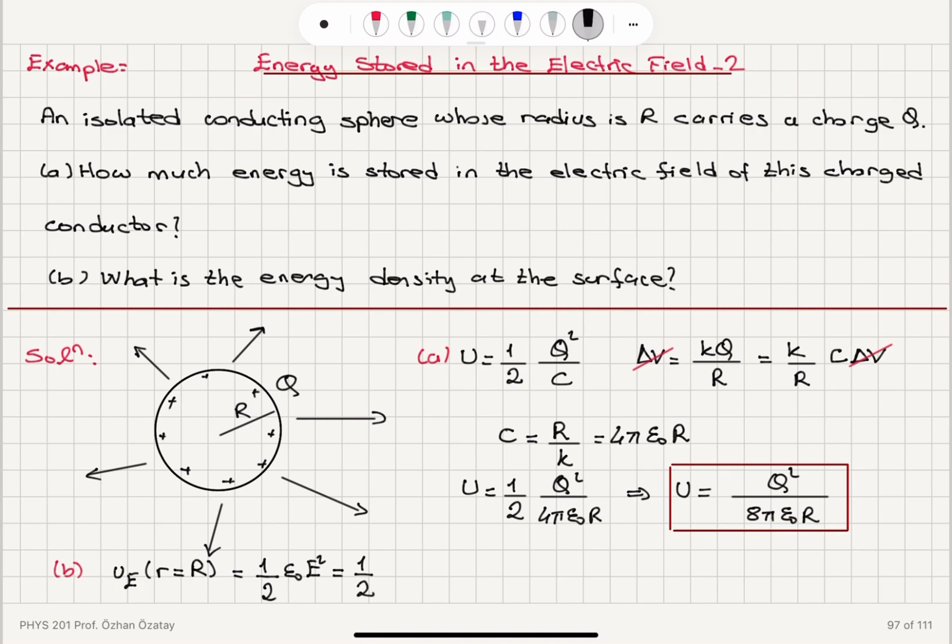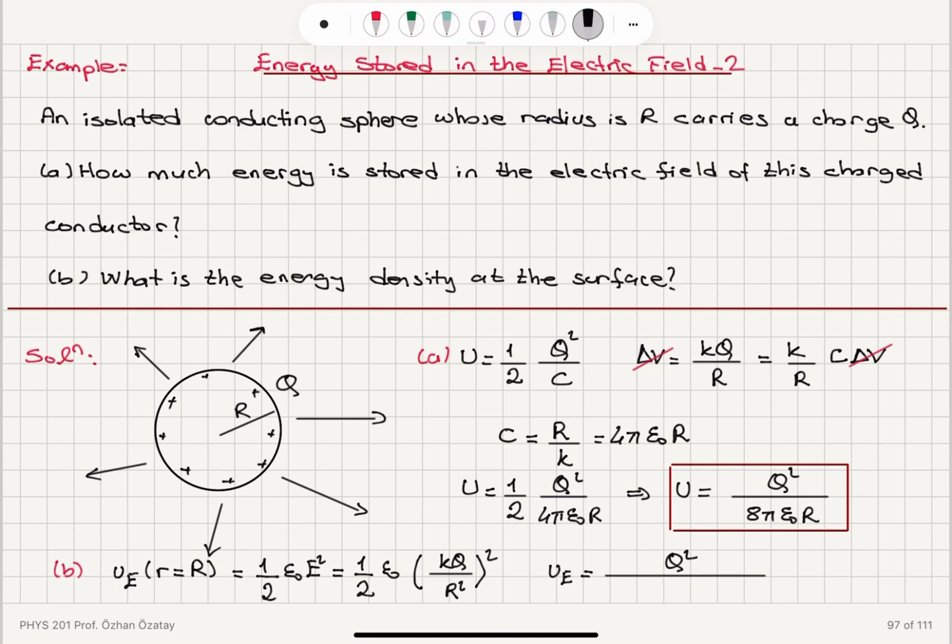It's kq over r squared, squared. So this will be E squared, and therefore we can find the energy density at the surface to be